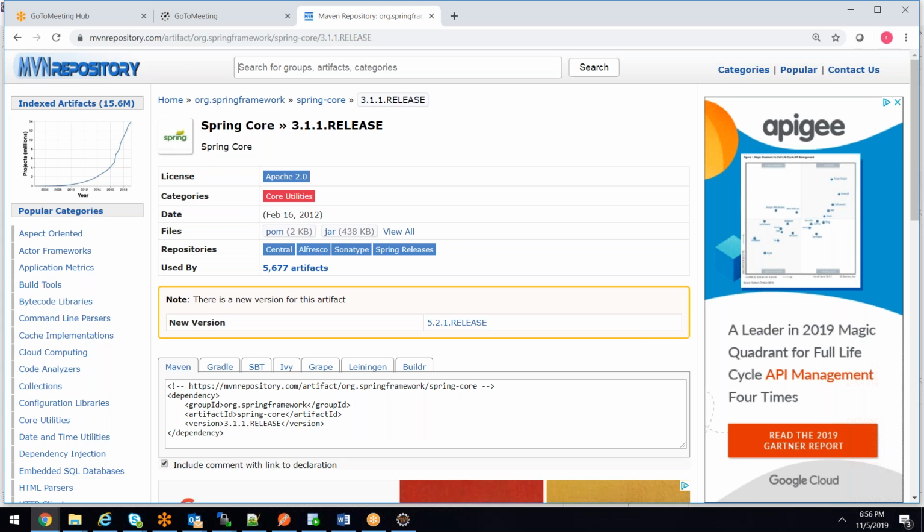Similarly, if you download this particular jar file and put it on the build path of your project, now you can create the objects for the classes given by the Spring people.